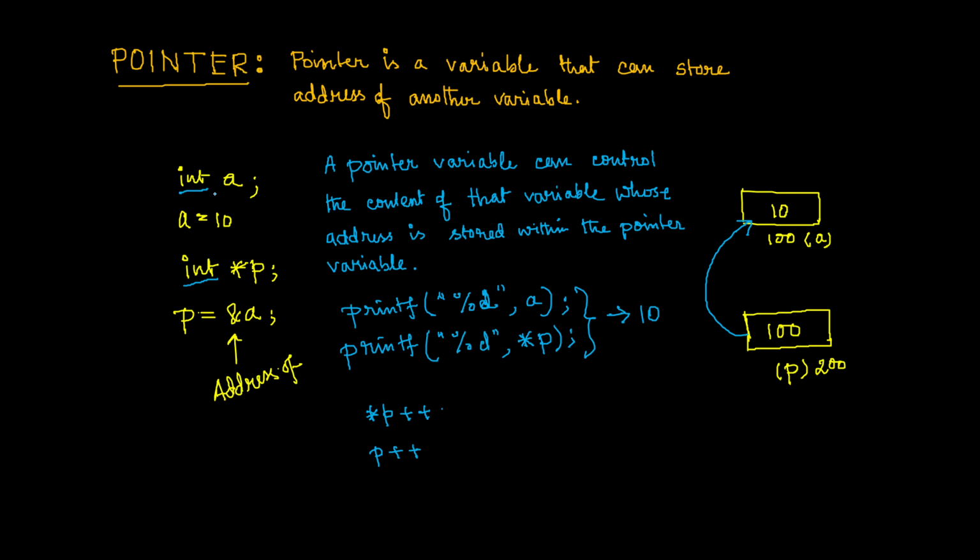You cannot store the address of an integer variable in a character pointer variable. So they must be synchronized. Since A is an integer, when I've written this pointer P, my intention is to store the address of A within this pointer variable P. That is why when I declared pointer P, I used this integer data type.